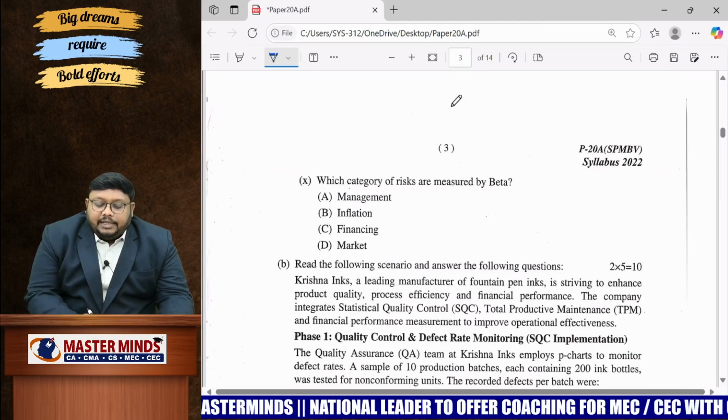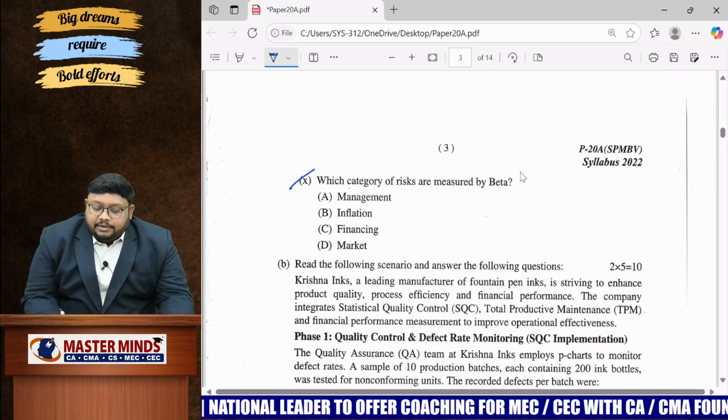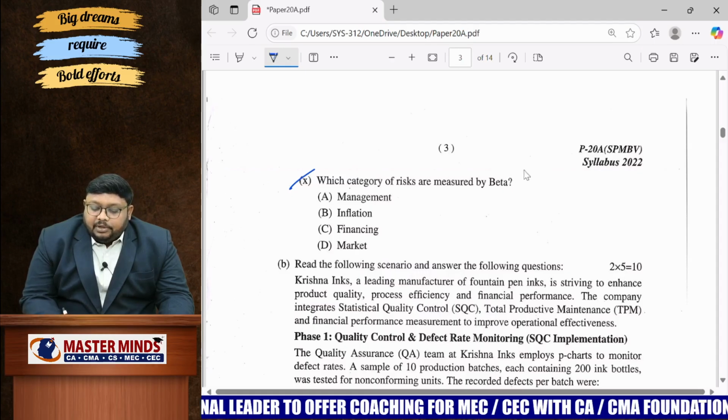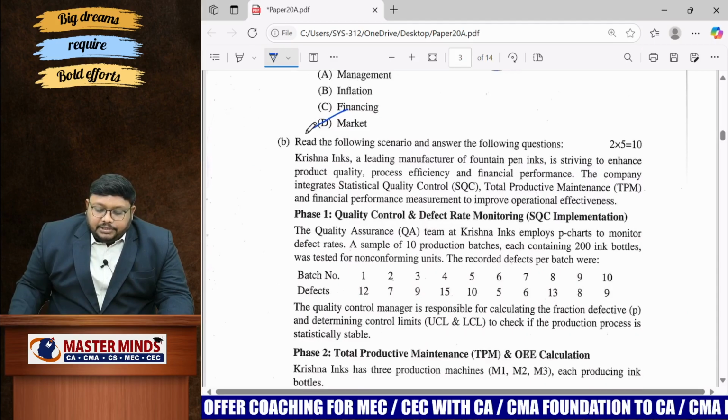So coming to the next one, the 10th one is from BV, as well as in CA we can say, and in SPM also we have the beta value, which is related to the market risk. And coming to